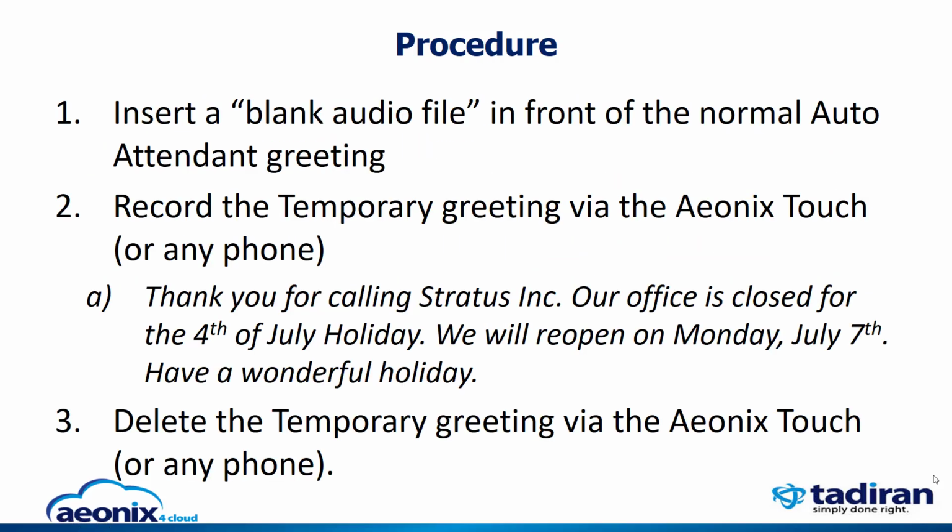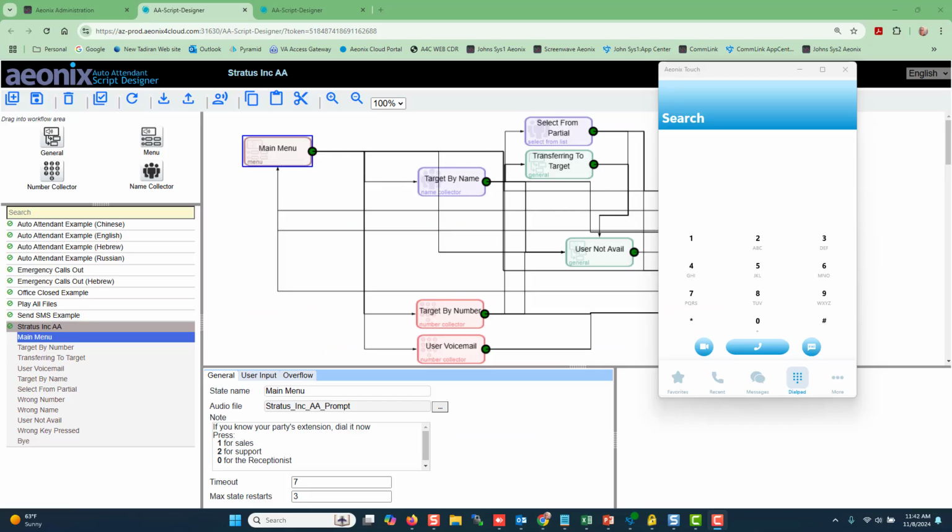The procedure is as follows. We will insert a blank audio file in front of the normal auto attendant greeting. We will then record the temporary greeting via the Aeonix Touch or any phone. The greeting we're going to record is, "Thank you for calling Stratus Inc. Our office is closed for the 4th of July holiday. We will reopen on Monday, July 7th. Have a wonderful holiday." Once the holiday is over, we will delete the temporary greeting via the Aeonix Touch or any phone. Our first step will be to insert a blank audio file in front of the normal auto attendant